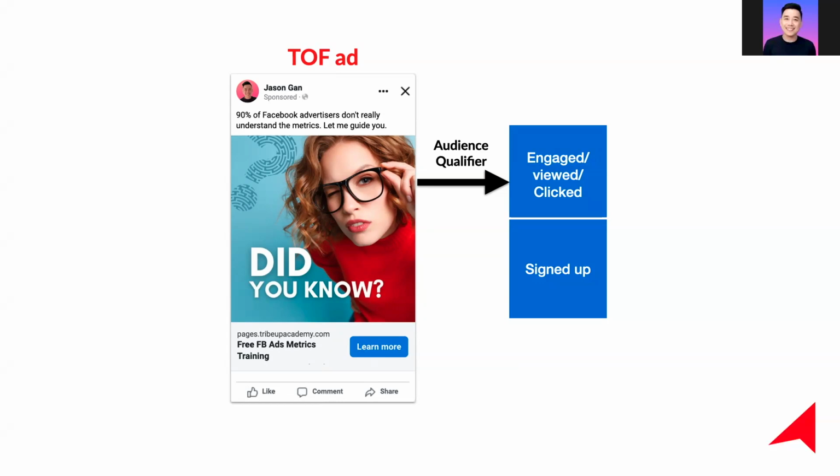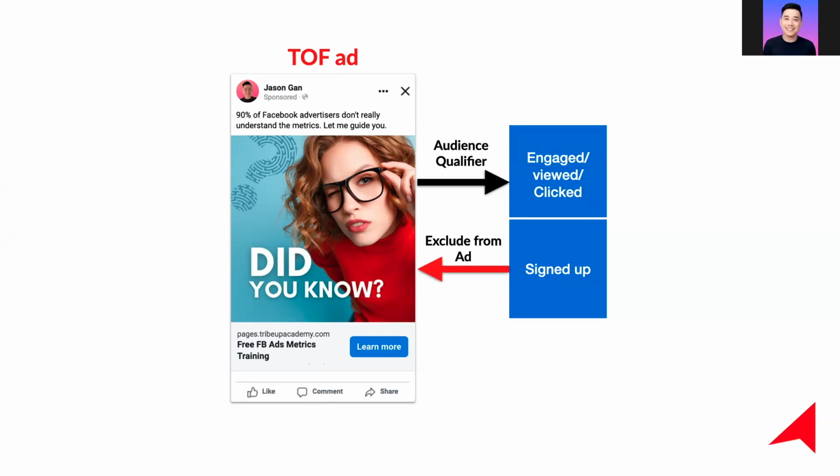So when you sign up or you purchase, similar goes to e-commerce, whereby engage, click, view, and purchase, or even add to cart. I mean, go to the landing page itself, everything. So any actions you take, we actually qualify you and we would actually exclude you from seeing the same ad. This is a very important concept.